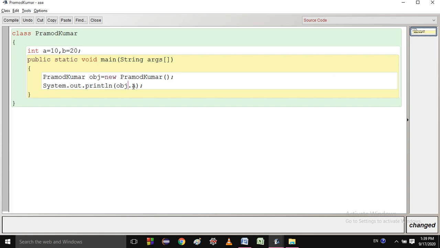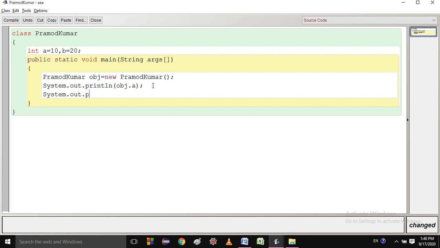So you are accessing this variable. To whom does this variable belong? To the object, and it is accessed by dot. So obj.a will print 10, and again system.out.println of obj.b.